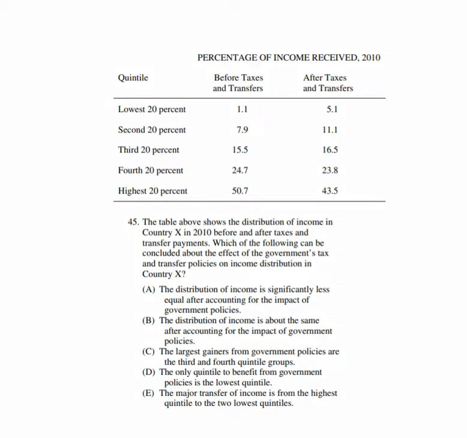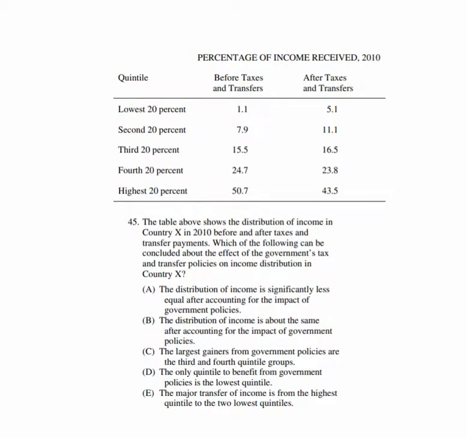Okay, we are back, and the next 6 questions are pretty much straightforward, so we should be able to blow through them fairly quickly. Let's take a look at number 45. The table above shows the distribution of income in country X in 2010 before and after taxes and transfer payments. Which of the following can be concluded about the effect of the government's tax and transfer policies on income distribution